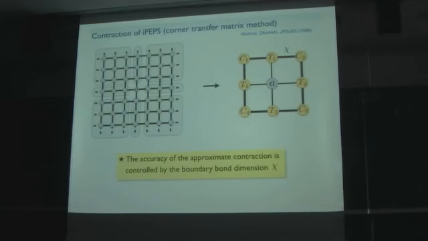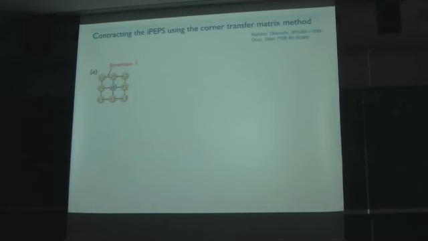And then typically we'll make sure that things are converged as a function of this chi parameter. But in this Ishino paper, this was done for classical problems initially, exactly, back in the 90s. So let me just briefly sketch the way we do it here, which is a directional CTM approach, where the